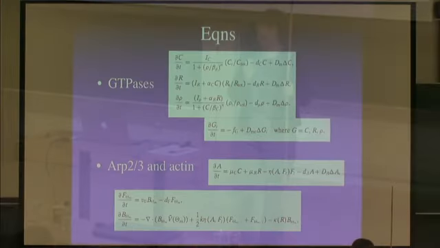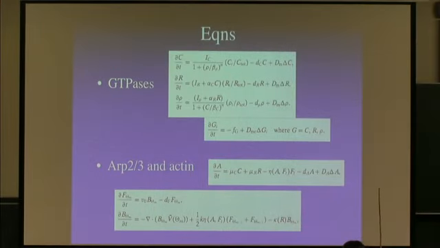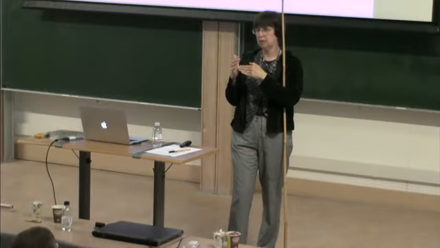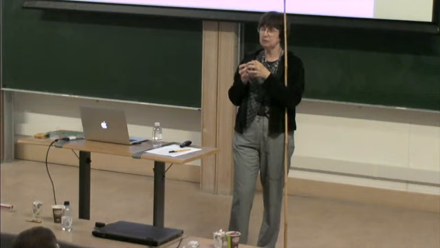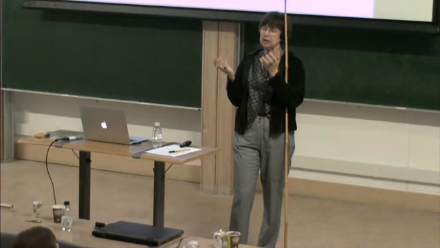And then whether or not that piece extends or retracts depended on some balance between the number of barbed ends that are correctly oriented, meaning pushing against that edge, so in a direction, let's say, perpendicular to the edge, and the local amount of myosin, which is really Rho,